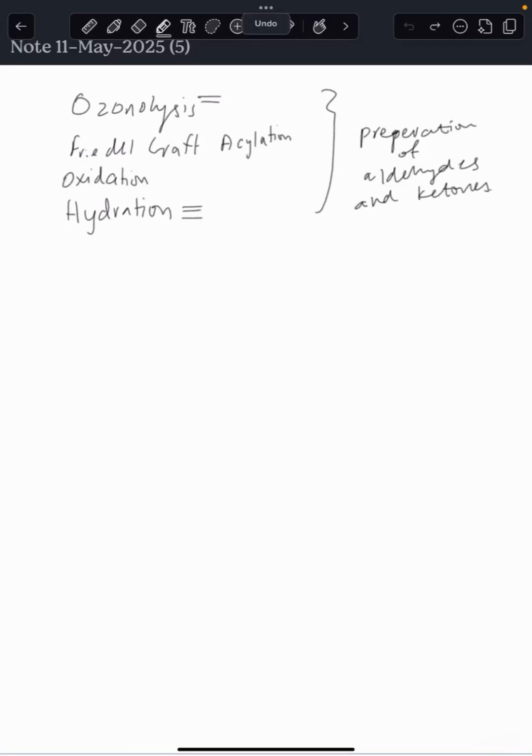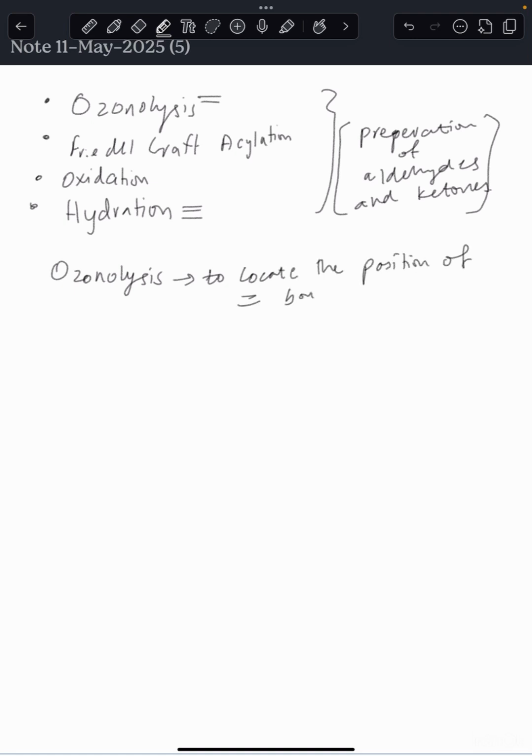Right, so we've got 4 methods here in order to prepare aldehydes or ketones. The first one is ozonolysis. It is a process to locate the position of double bonds. In this reaction, what we'll do is we have a polysubstituted alkene,